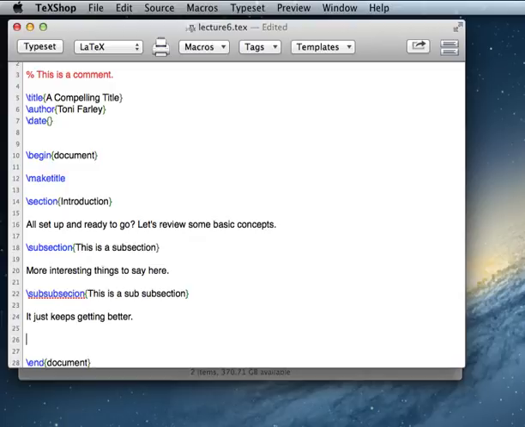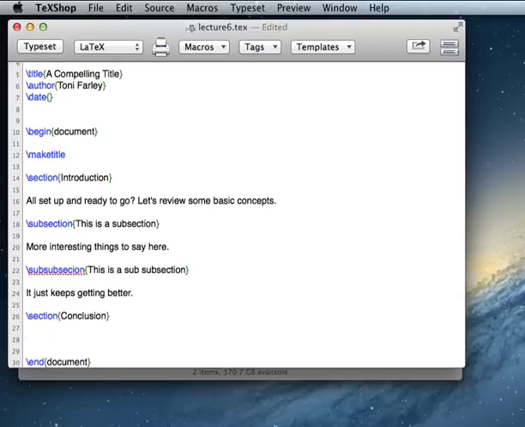That's the best way to learn LaTeX, is to actually play, try things, typeset. If you get an error, then it didn't work, right? If you don't, then you've learned something new. So I'm going to add a final section to my article, call it a conclusion. And I'm going to say I am having fun